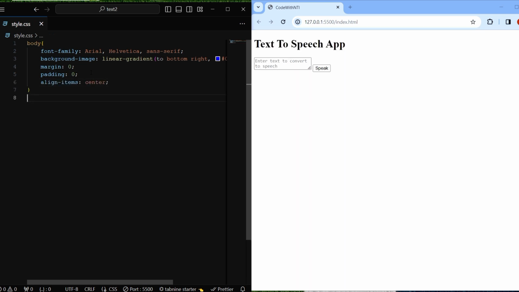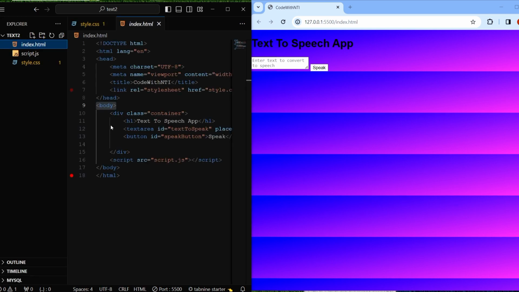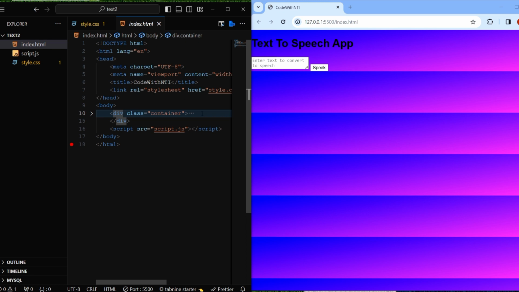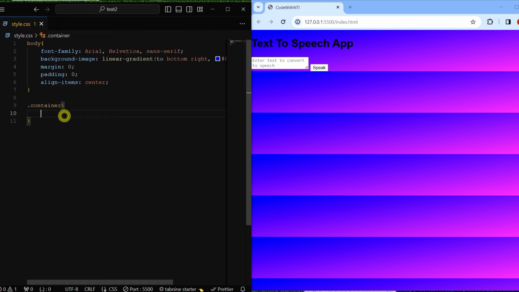So align items center, so all the items will be in the middle. But it won't show up now until I pick up the container. So let's work on the container. The container is the main part of the page, let me show you inside the index.html. This is the container here, which is inside the main div, and this is the div that is carrying the whole content. You can see all the content is inside that container. It's just like a box carrying every other thing. So we are going to style this container now. Let's just say we are styling a box, so everything that is inside now, give it a